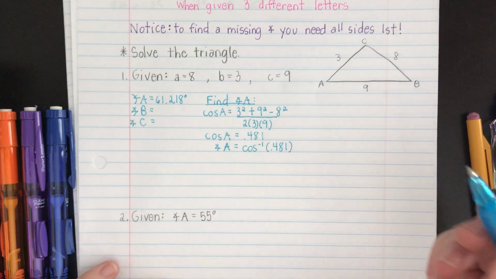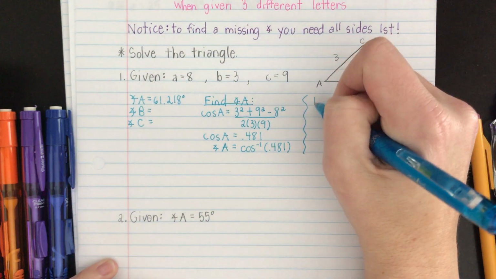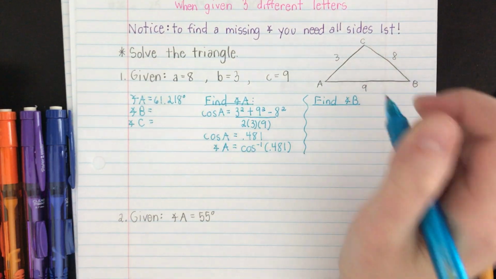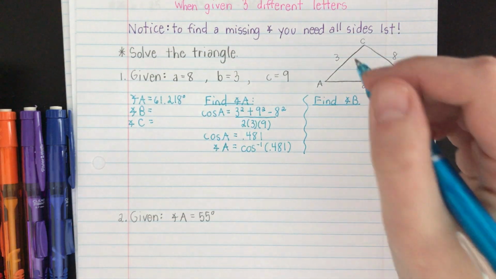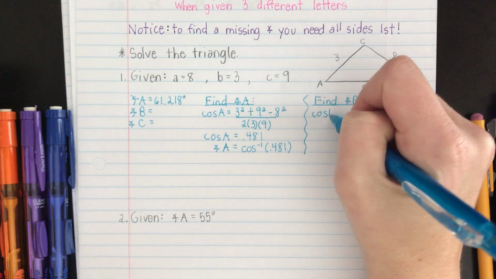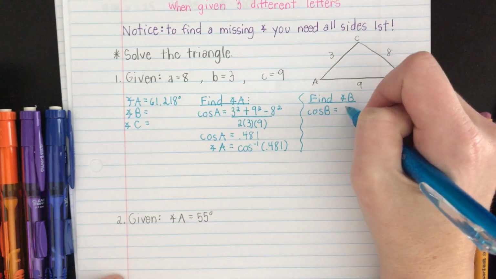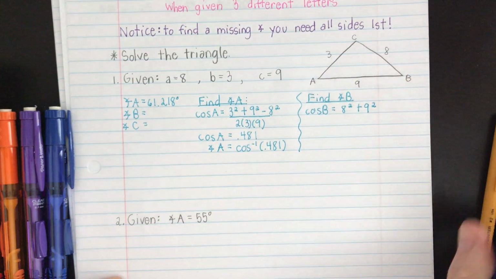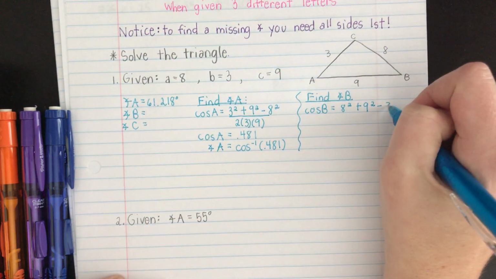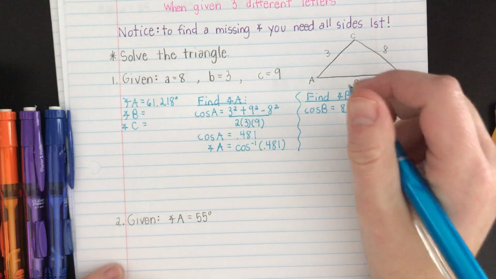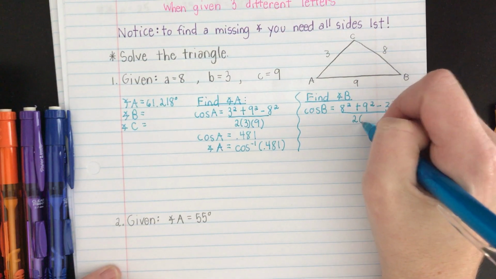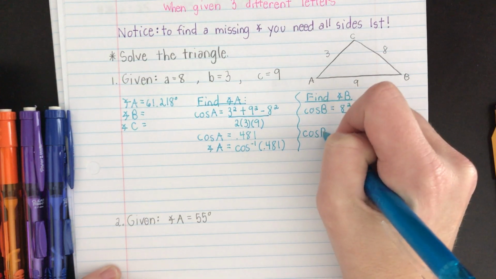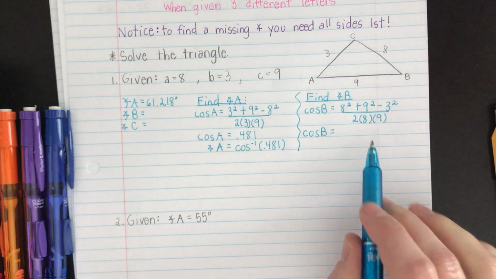So then we have angle A. We need to find angle B. Again, I'm just taking from the formula card, which hopefully you have in front of you. So cosine of B equals A squared, so 8 squared, plus C squared, 9 squared, minus B squared, all over 2AC. So cosine B, when you plug this in the calculator, you get